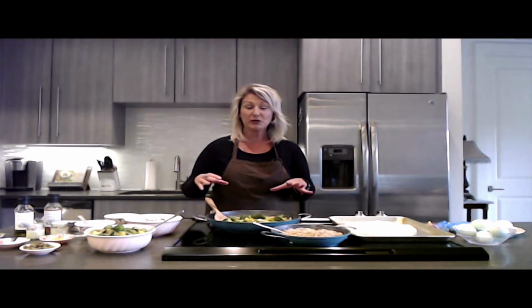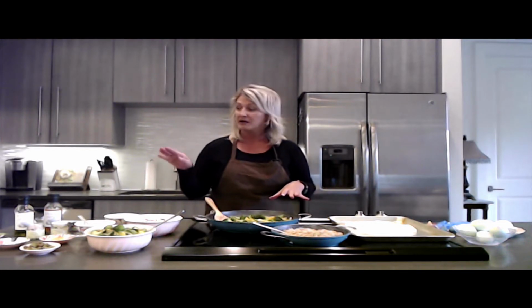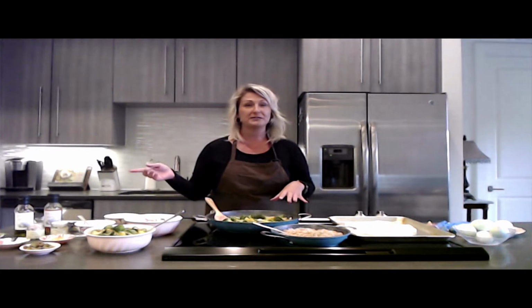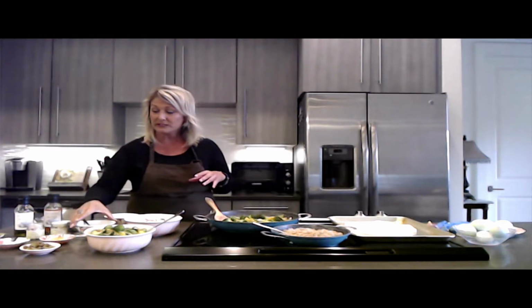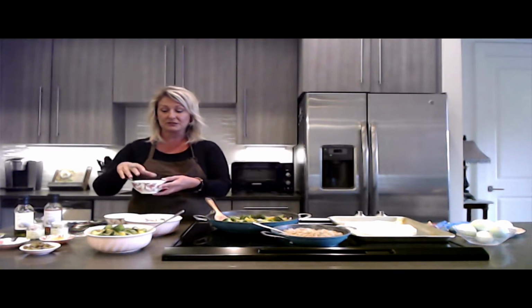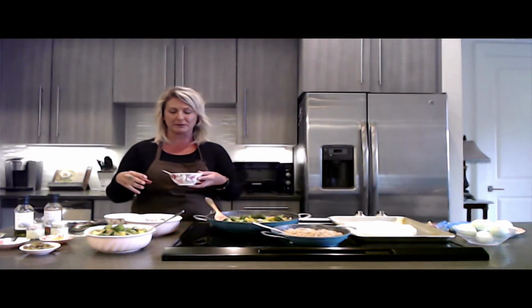Now, the way we're going to assemble it, I'm going to show you the dressing that I'm going to make too, because like I mentioned, 7 Barrels has a really nice line of balsamics and olive oils. I made a really delicious, super healthy dressing that's going to go on top of the bowl once you assemble it. So what goes in here is,